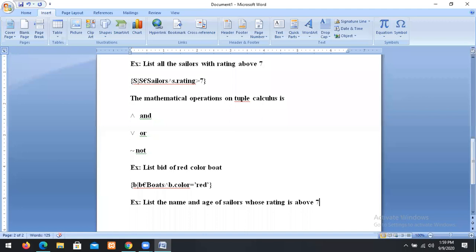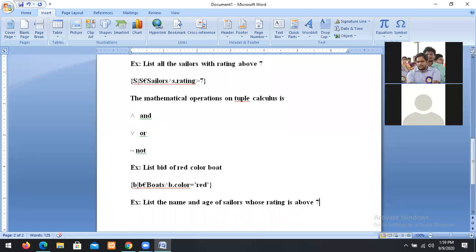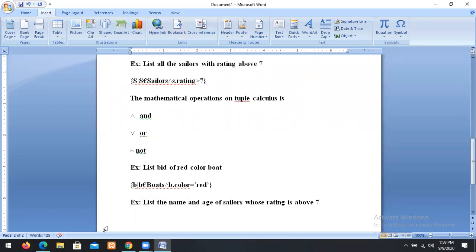So this is my question. I don't want the entire tuple; I want name and age of the sailors. If you want the entire tuple, we use this model, which is the model to get the entire tuple. But I want only the specific columns of a tuple.